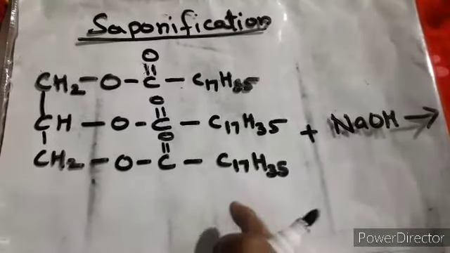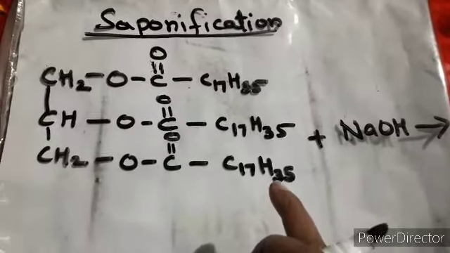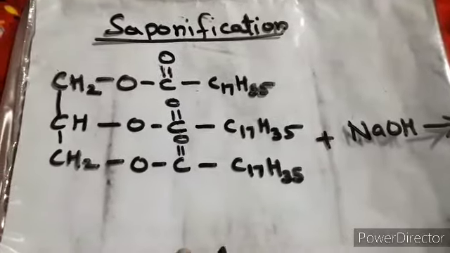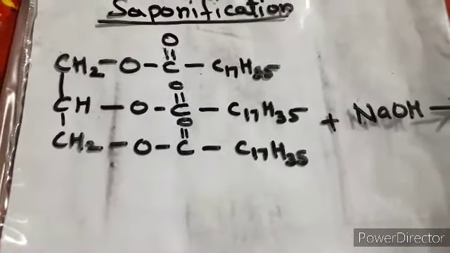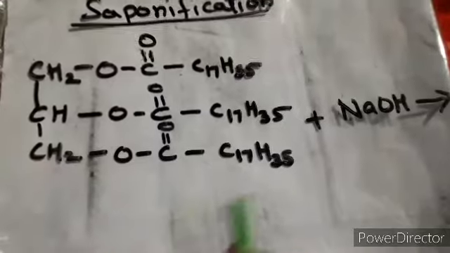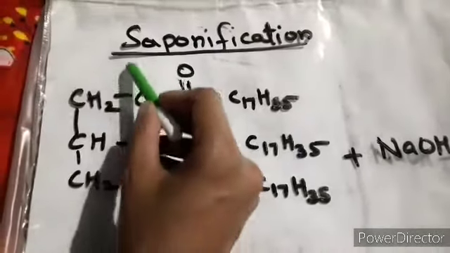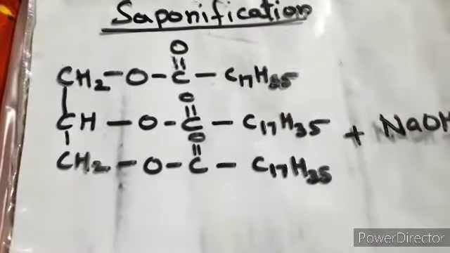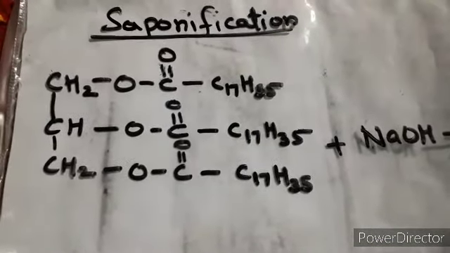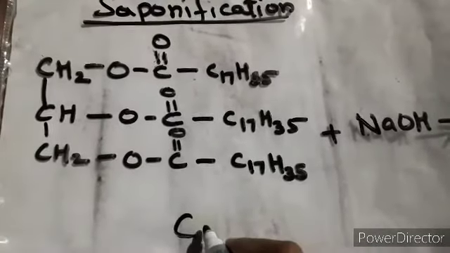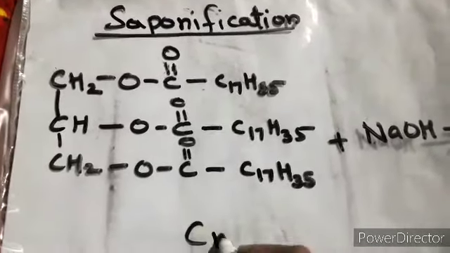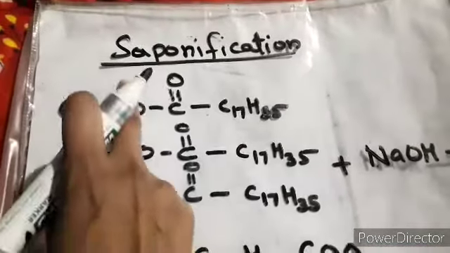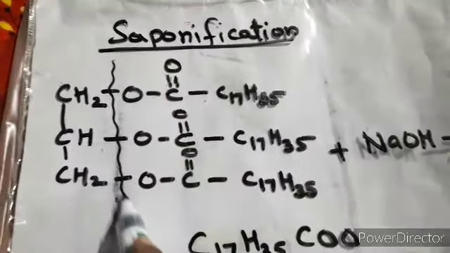We will see that a salt, basically a soap, is being formed, and that soap is what? Sodium stearate. So how will the soap be formed? Now please see this particular portion. This part is being divided, and this portion is being attached with the Na, right? So let's see how it has been there. So I'm writing over here C17H35, right?